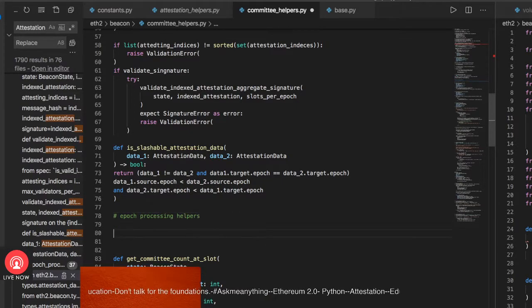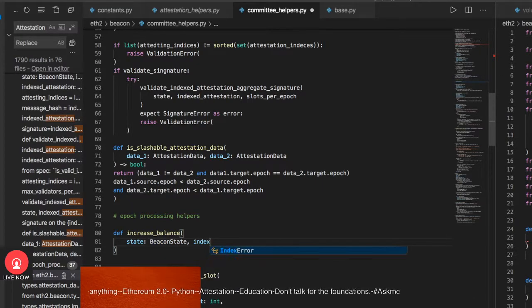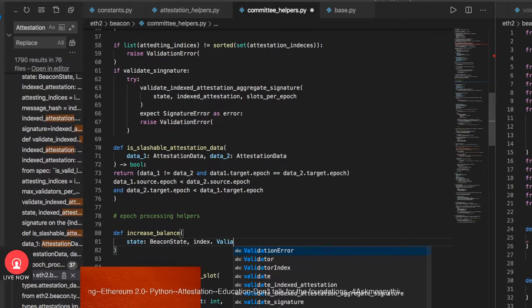So you have here diff increase balance. So remember, it's all about the state. That's the beacon state. So the validator index,